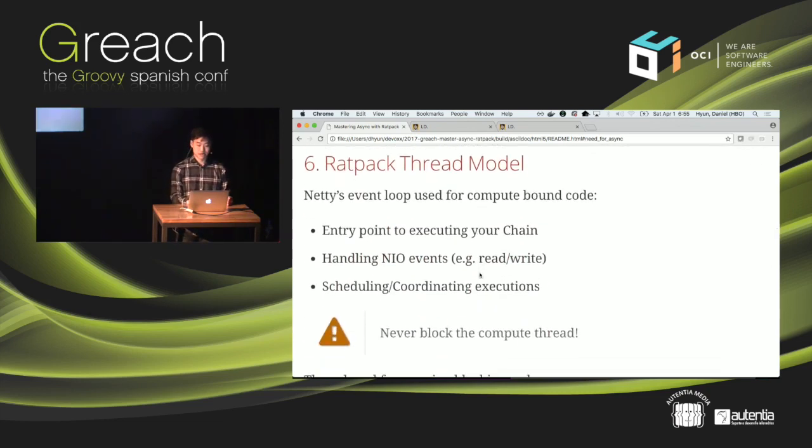So let's talk about Ratpack's threading model, right? So how many of you are familiar with how Netty works? Yeah, okay, so a brief overview of how Netty works. You have essentially an event loop that registers all kinds of NIO events. So these are things like opening a socket, reading from a socket, flushing to a socket, writing to a socket, right? And all of these are non-blocking operations, which means you schedule this thing to go off, and the main thread that scheduled these IO events just keeps on going and processes any other registered NIO events that come back that you're interested in.